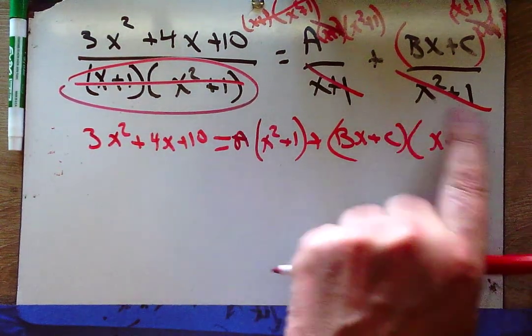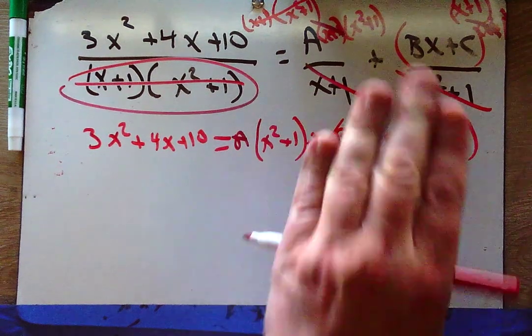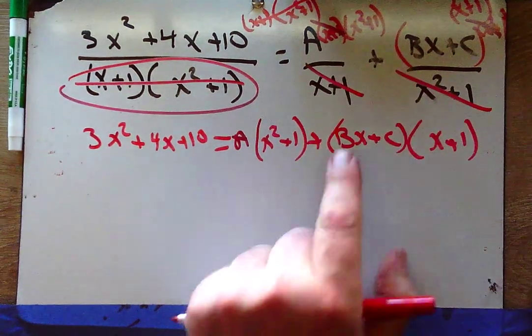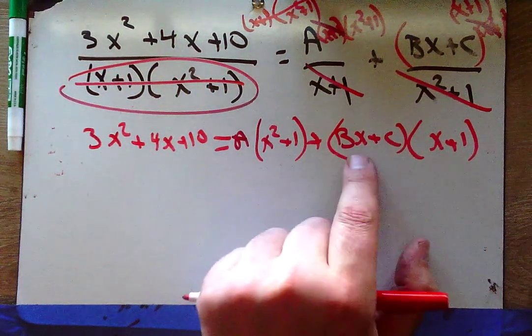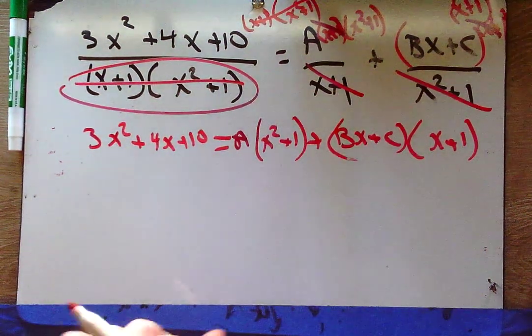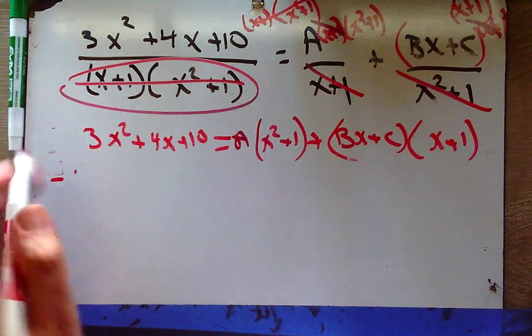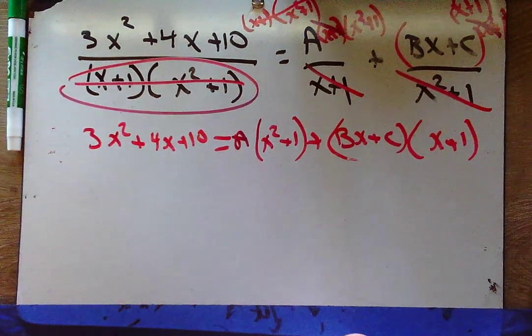-1 will turn this into a 0. 0 times these things, they all go away. And x equals 0 will make b go away. So I'm going to use 0 and -1. Okay, so if I start with x equals -1,